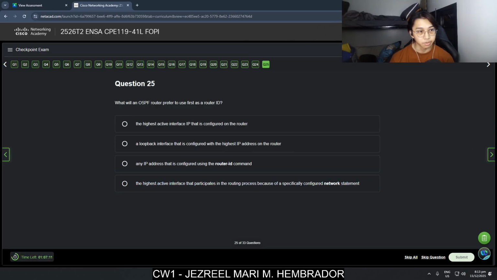What will an OSPF router prefer to use first as a router ID?